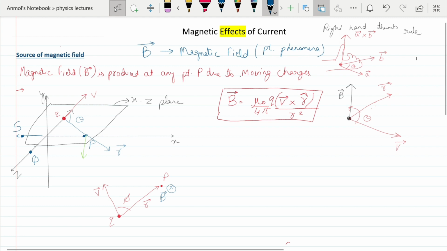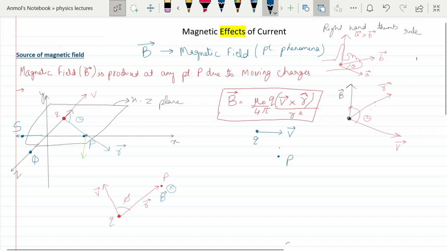Okay, so let's talk about sources of magnetic field. How is magnetic field produced, where is magnetic field observed? Whenever a charged particle q, any charged particle q, is moving with some velocity v, we say that it will produce magnetic field. Any region around the charge can be checked for magnetic field. So let's suppose I want to find the magnetic field at this point. This is the point P. At this point I want to find what the magnetic field is.